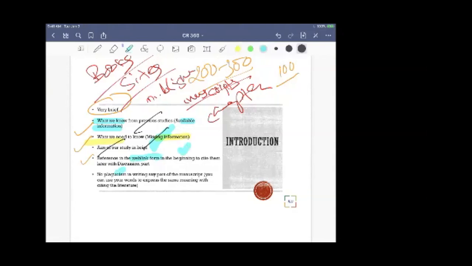The only section of the manuscript where there is a very high risk of plagiarism is the introduction. So make sure you change the words of the introduction so that there will be no problem of plagiarism, because if the plagiarism is more than 30%, you're gone. Okay? Methods will never have plagiarism. Results will never have plagiarism. Discussion might not have plagiarism, depending on how you are writing. But the introduction has a high likelihood of plagiarism. Okay? So this is all about the introduction part.